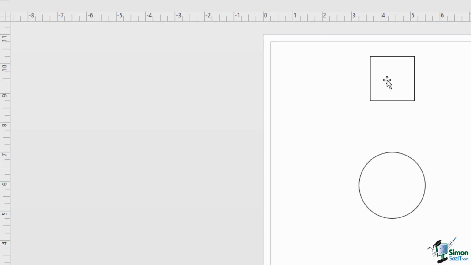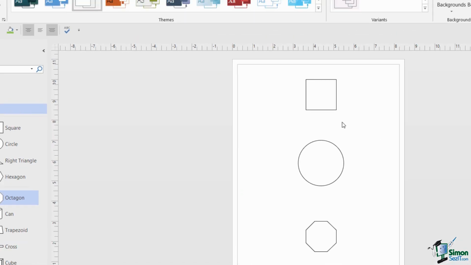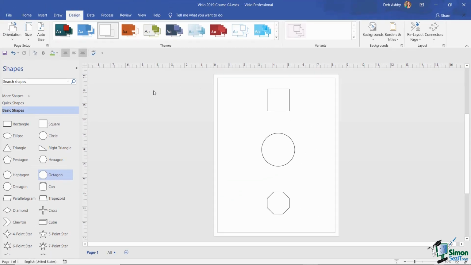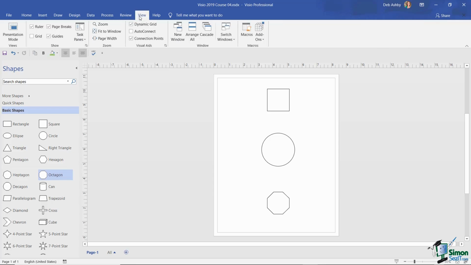And this also works the same for vertical positioning. So if I was to again click on the square and move it up and down, if you take a look at my ruler, you can see those small dotted lines moving to show me where I have this object positioned. Now, if for some reason you decide that you don't want these rulers displayed, then you can turn these off and on from the View tab. In the show group, I have a little ruler box just here, which I currently have checked. If I deselect that, you'll see the rulers disappear,